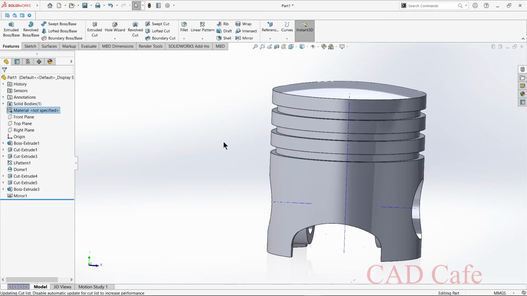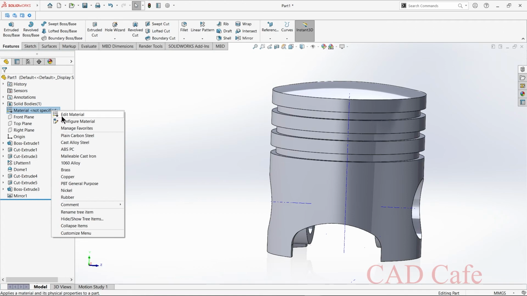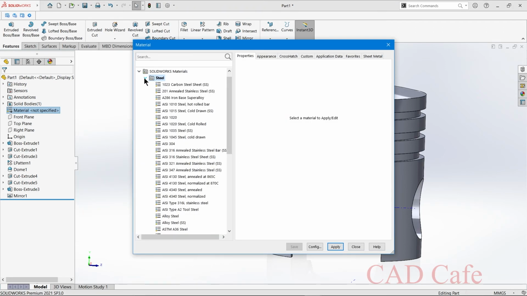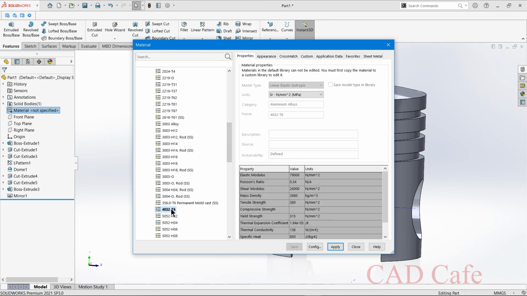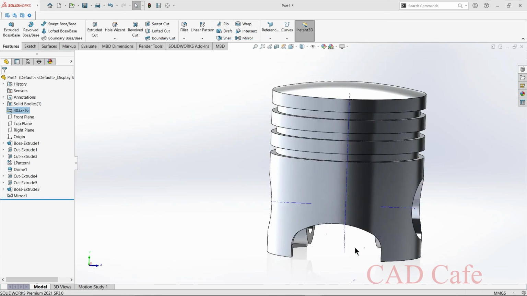Now we need to apply the material. For that select material from the design tree and right click on that. You can see edit material. From this material window select aluminum alloys. From this select 4032-T6 and apply and close it.